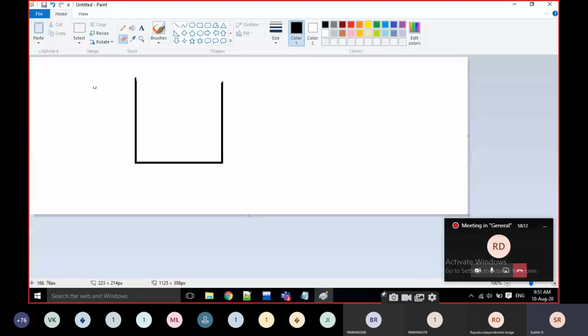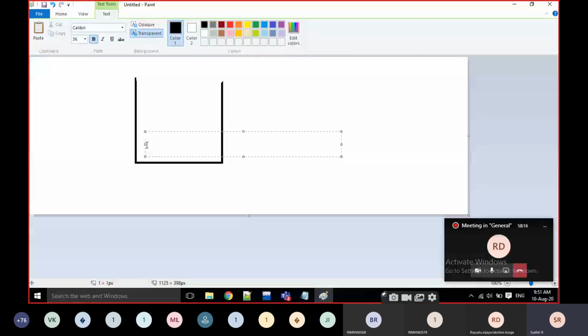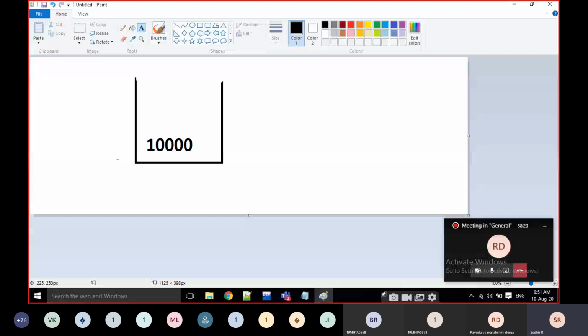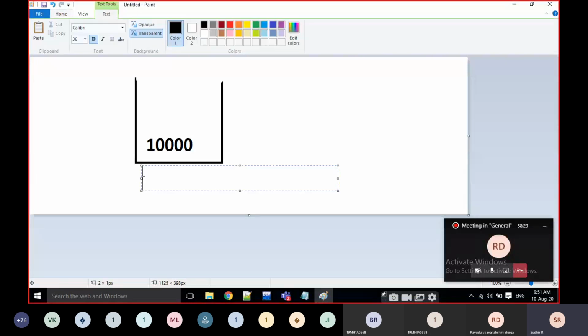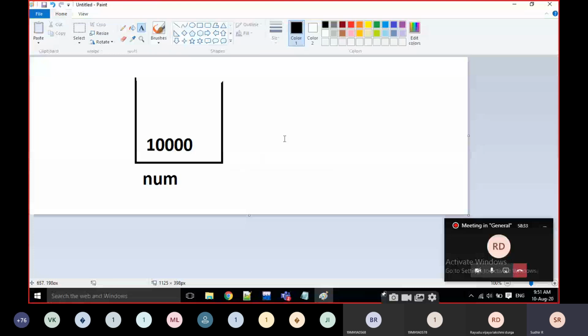Container means it contains something, right? I am going to place some data in the container. What type of data am I going to save? What is the name? I am going to give some number. The name of the container is num, and it is going to store some integer value.